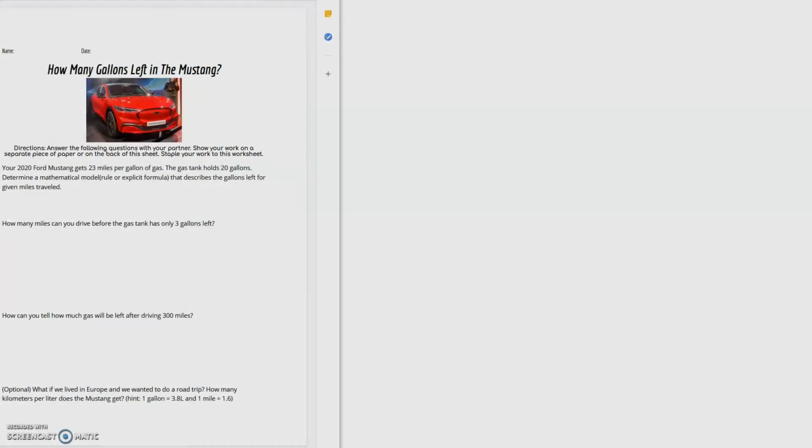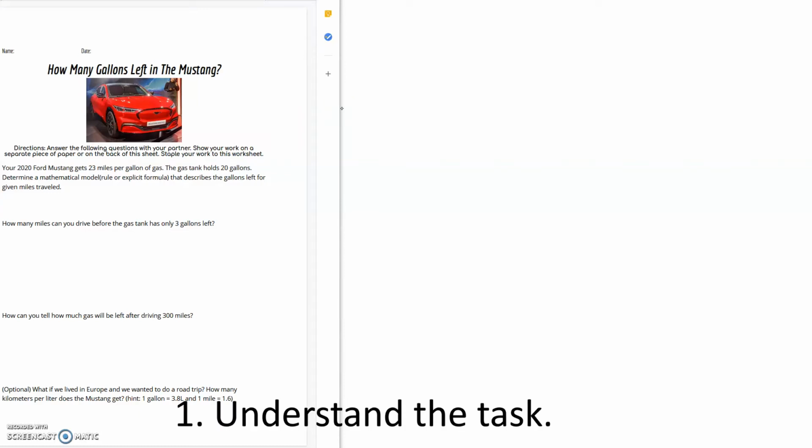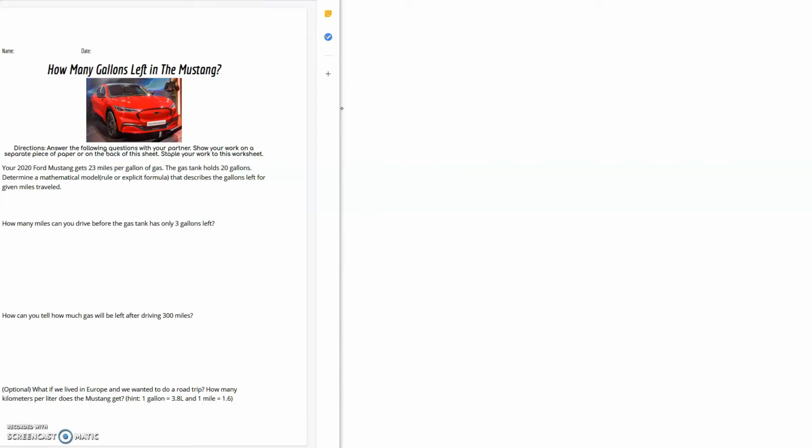Hey guys, I'm going to do a quick overview of my math learning activity, which is the how many gallons left in the Mustang worksheet. So the first thing you want to do when you're trying to develop a mathematical model is to understand the task, and I want to see my students do this. So what I'm thinking is they need to start by reading the problem and breaking it up and finding the different